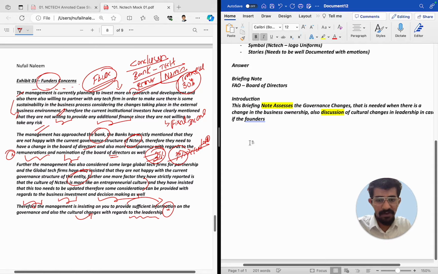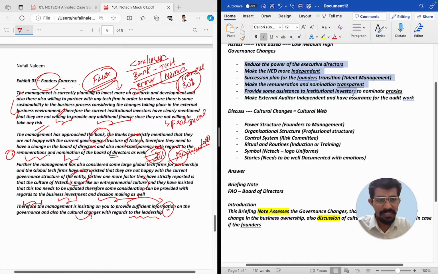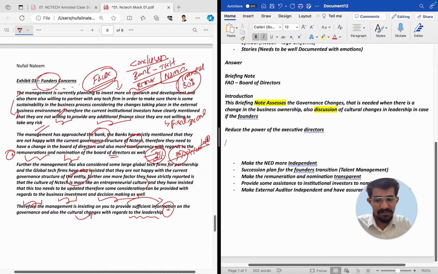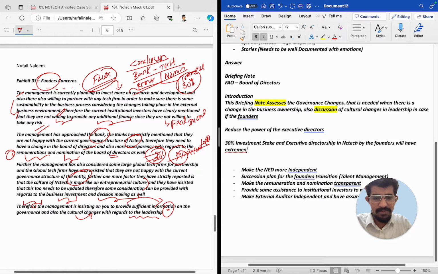That is a good practice, if I'm not mistaken. I just copy this and paste it for students, and my structure becomes very practical and very clear. So, reduce the power of the executive directors. With a 30% investment stake and executive directorship in Nctech, the founders will have extreme decision making power,